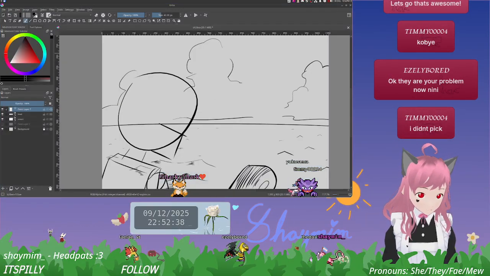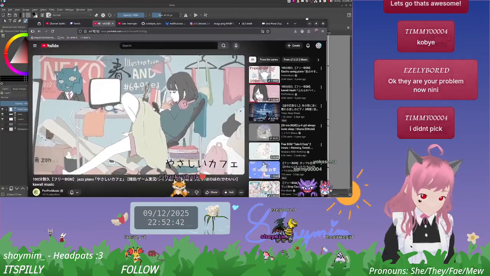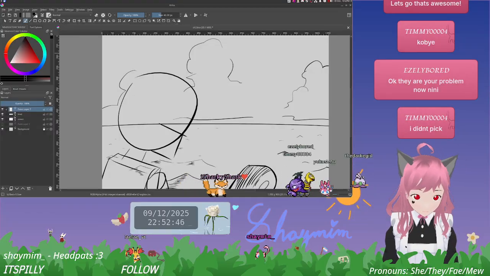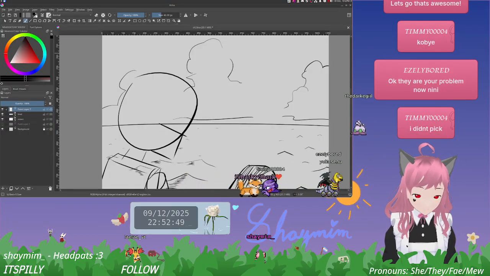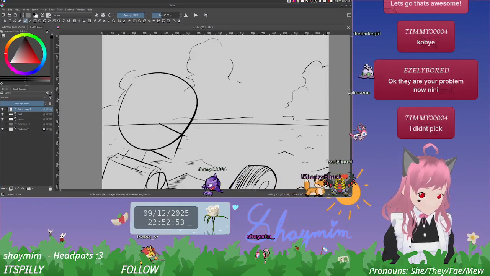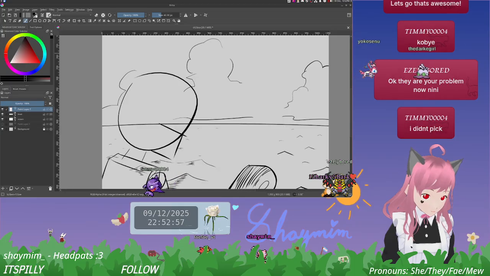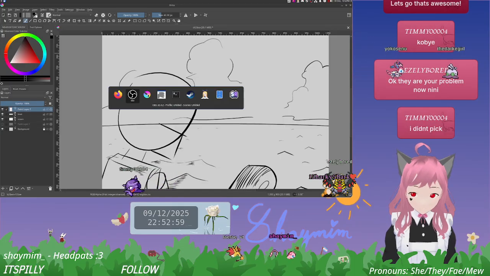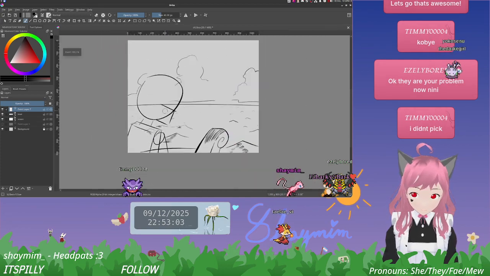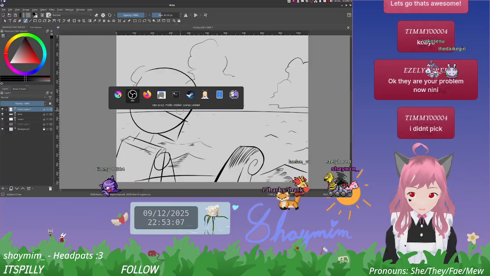Did the music pause? Guess so. Poor music on this, by the way, they're good. I like them a lot. So, we haven't quite decided what Kobe's gonna look like, is all. That does kind of make things a little trickier, because we don't know what we're drawing until we decide that detail.